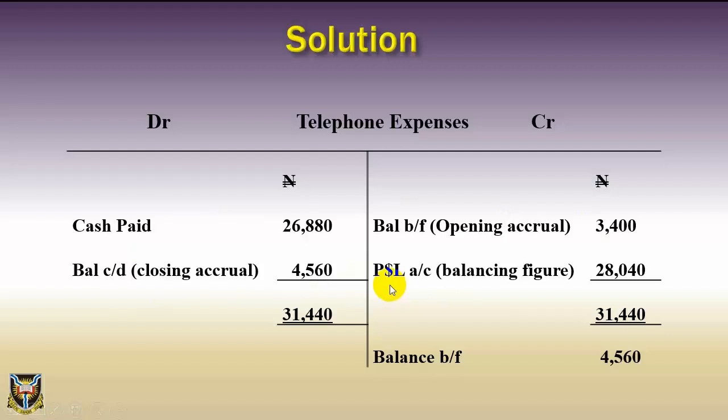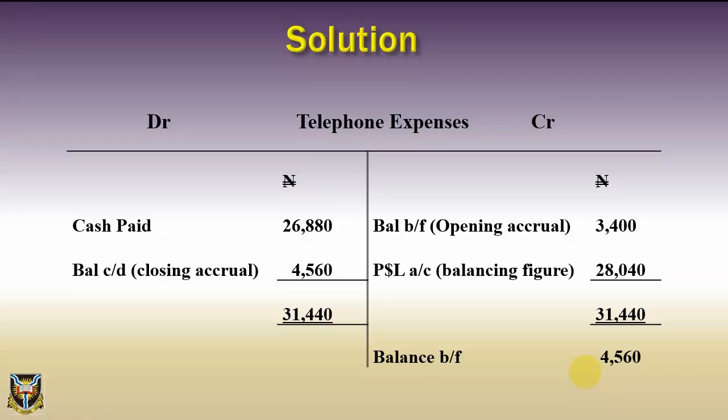CR: profit and loss account balancing figure 28,040. DR: total 31,440. Total CR 31,440. Balance brought forward